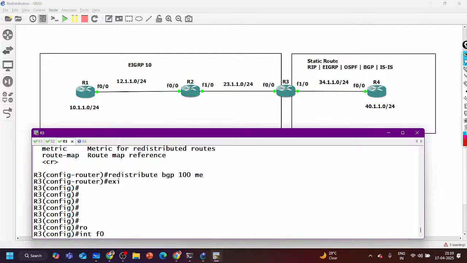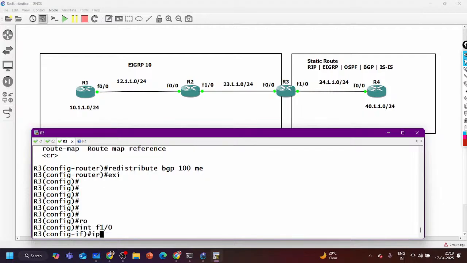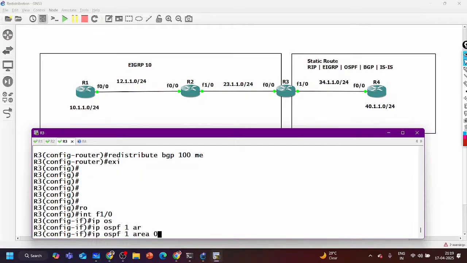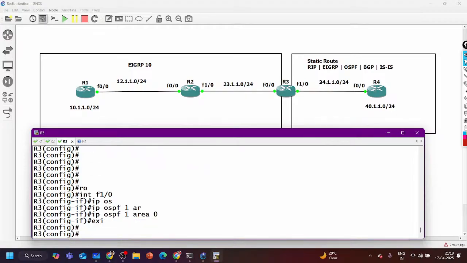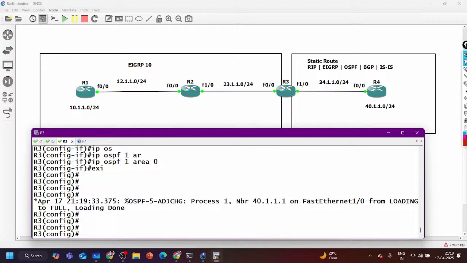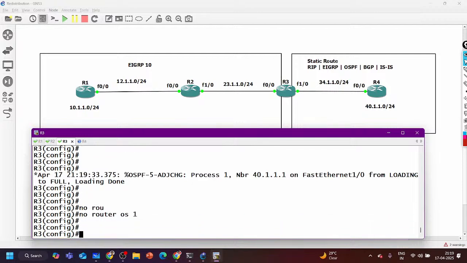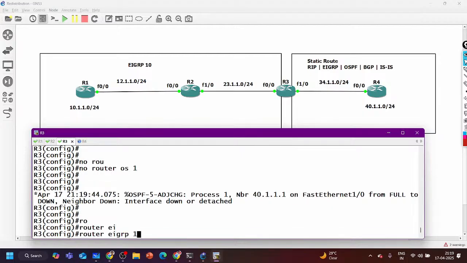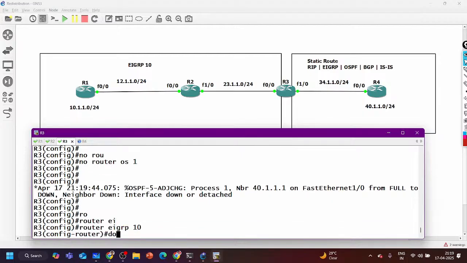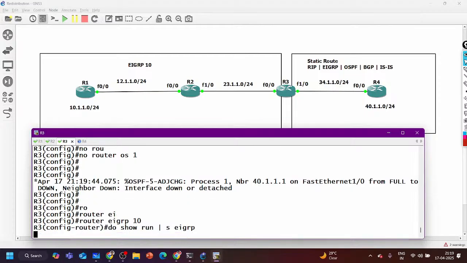Interface F1/0 and IP OSPF 1 area 0. Router EIGRP 10. Do show run section EIGRP.